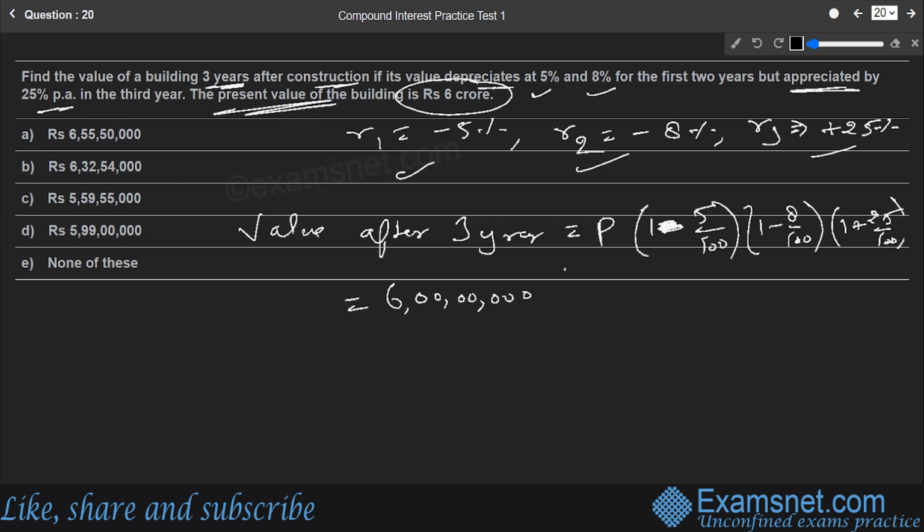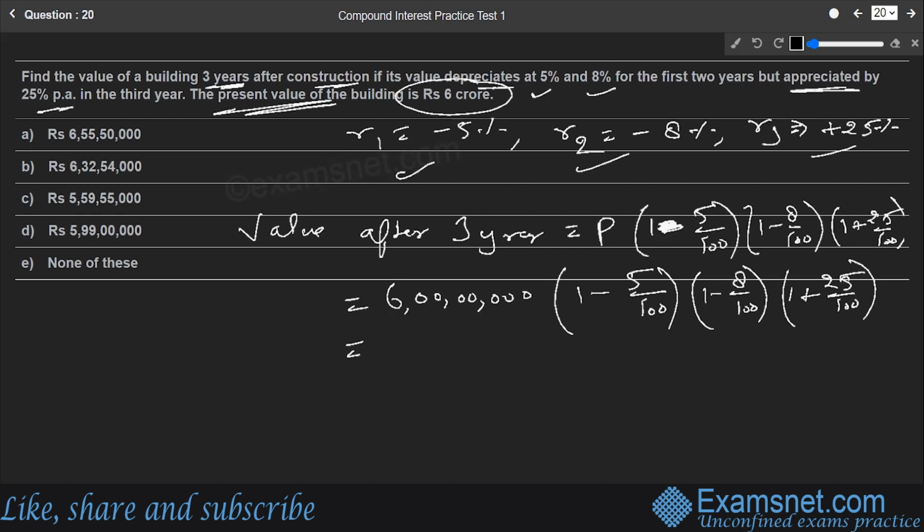So this is 6 crores. 1 minus 5 by 100. For the first year, there's a 5% decrease. For the second year, there's an 8% decrease. So 1 minus 8 by 100. And in the third year, there is a 25% increase. So 25 by 100. If you solve this further,